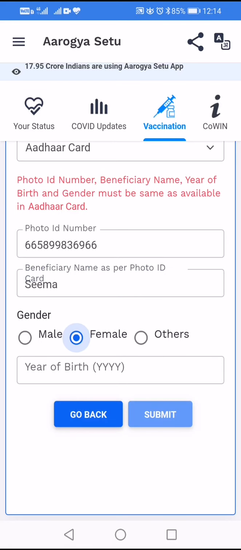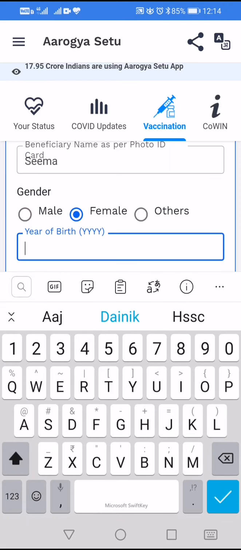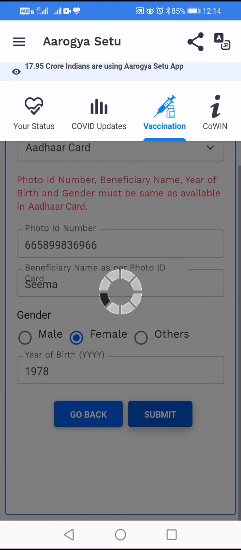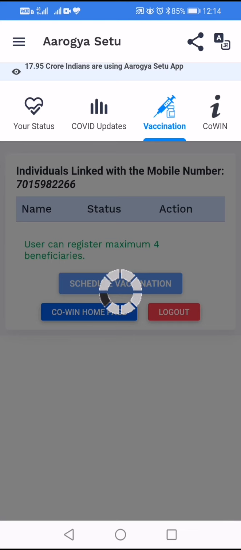Then you have to select your year of birth, and the year of birth is 1978. Submit. When you submit, it will verify all the entries you have submitted here, and after some time it will give you a registration number.